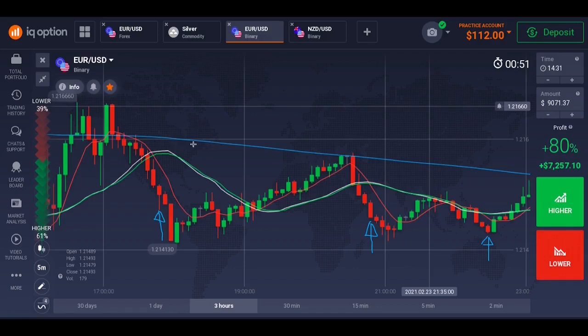So how the strategy works is, see this blue moving average. Anytime you see this red moving average, the white moving average, and the green moving average above this moving average, all you'll be doing is taking a buy trade. Then anytime you see them below this blue moving average, then you'll be looking for a sell trade. As you can see in this trade now, we are in a downward trend.